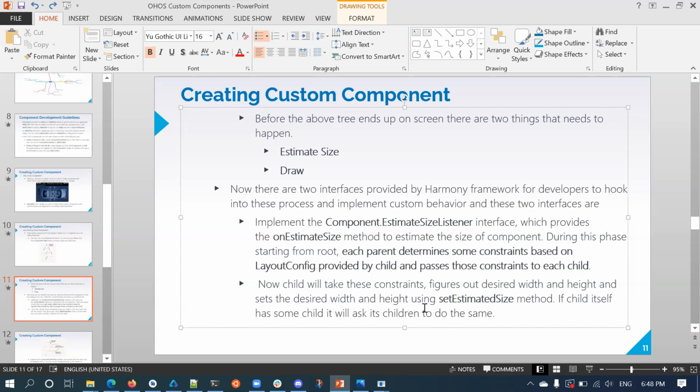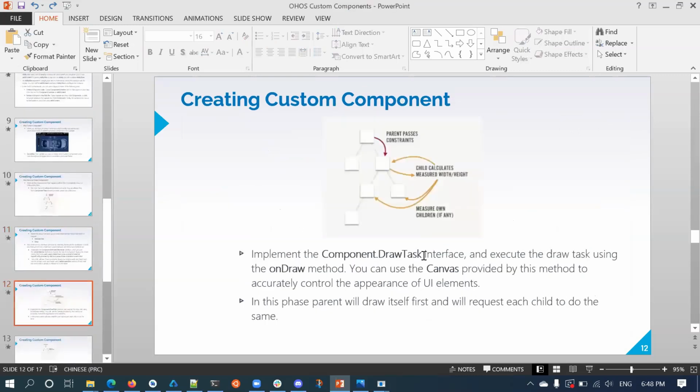Runtime calculations it can do. Similarly, if the child itself is a parent, it has some other child, it will ask its children to do the same. It will determine the constraint for the child and pass it to the child. The child will estimate the size and set it using the setEstimatedSize method.